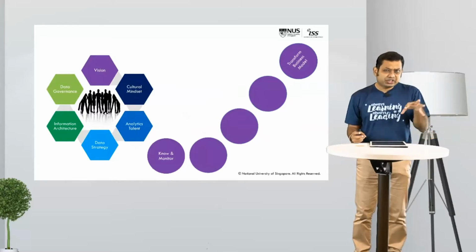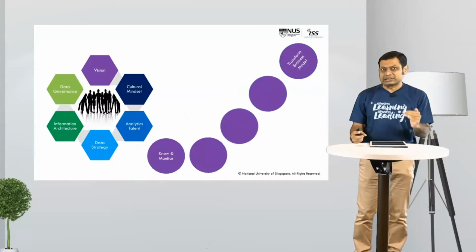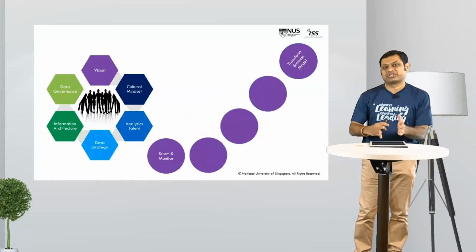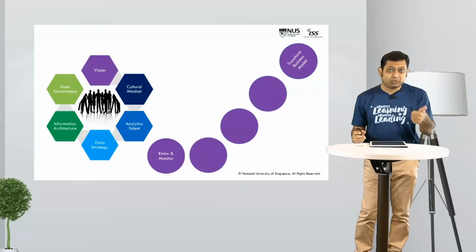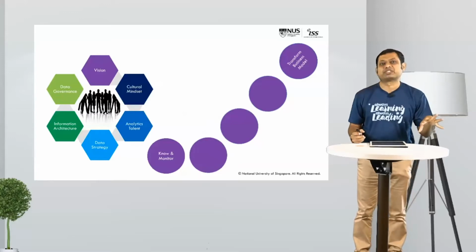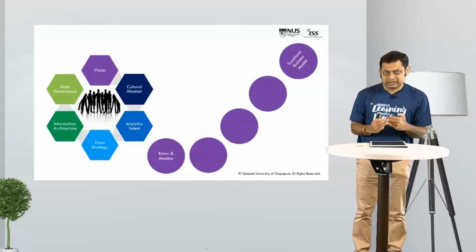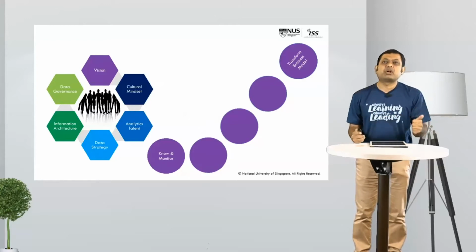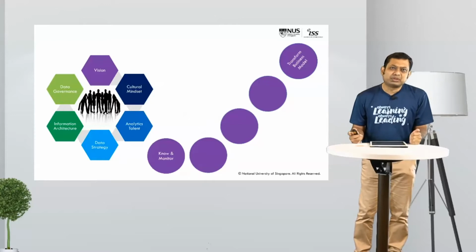Let me just talk about vision for a bit. When you're talking about vision, you could start off with knowing and monitoring, which is level 1 in your vision: knowing and monitoring trends and what's happening within your organization. But you can really up the ante if you move all the way to level 5, where what you're doing is transforming your business model. You could work at multiple levels of each of these 1 to 5 points, but transforming your business model would be how you look at vision. And there are multiple examples that one can talk about.